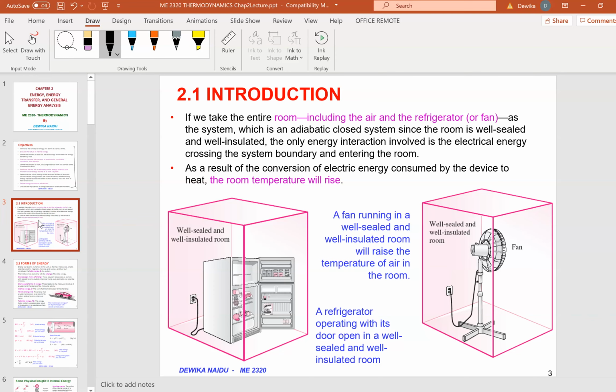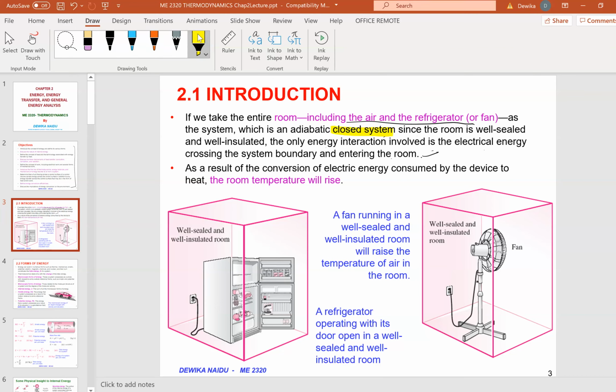So if you take the entire room, including the air and refrigerator or a fan as a system, which is an adiabatic closed system, since the room is well sealed and well insulated, the only energy interaction involved is electrical energy crossing the system boundary and entering the room. Okay, so you remember in chapter 1, right? I was introducing you to so many